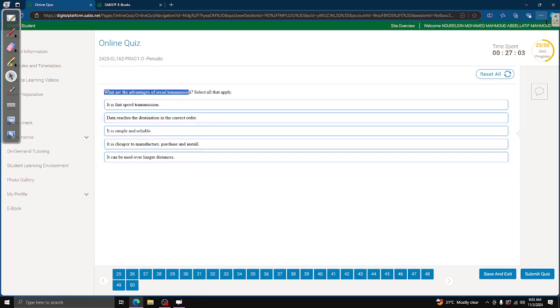What are the advantages of serial transmission? Basically, like we said, serial transmission is data transmission over a single wire. We need to see which of these are the advantages. It is fast speed transmission. It is not fast since it's being transmitted 1 bit at a time, which means it should be really slow. Although realistically it's not that slow, but just compared to